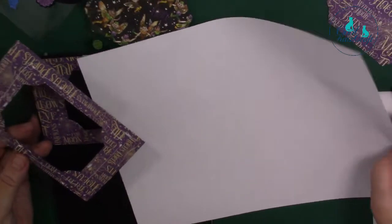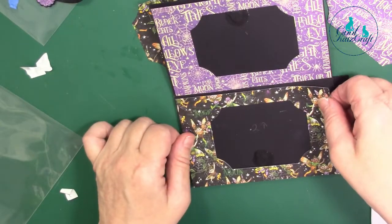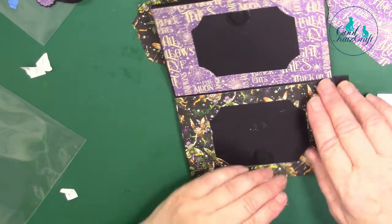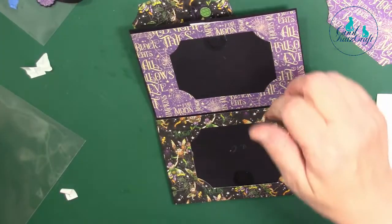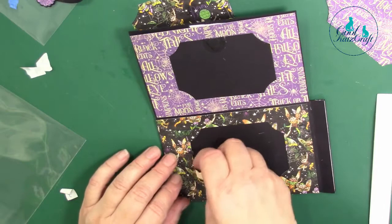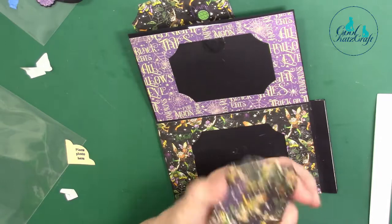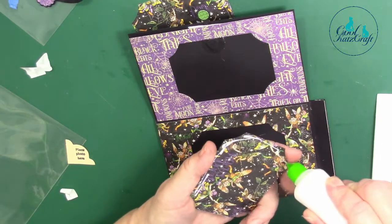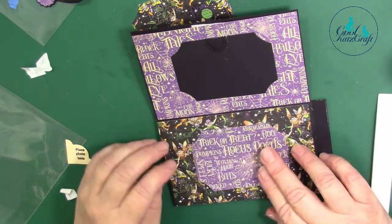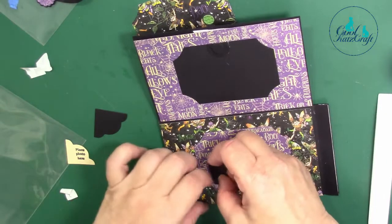Okay, and then stick this one down. Okay, and before I stick it down completely, I've got some of our corner pockets, corner ones that actually fit like that. You can see what they're like. So just very lightly put that on, then take the waste that's going in the middle, and lightly pop that in, and then before you burnish it all down, you can either use corners cut from